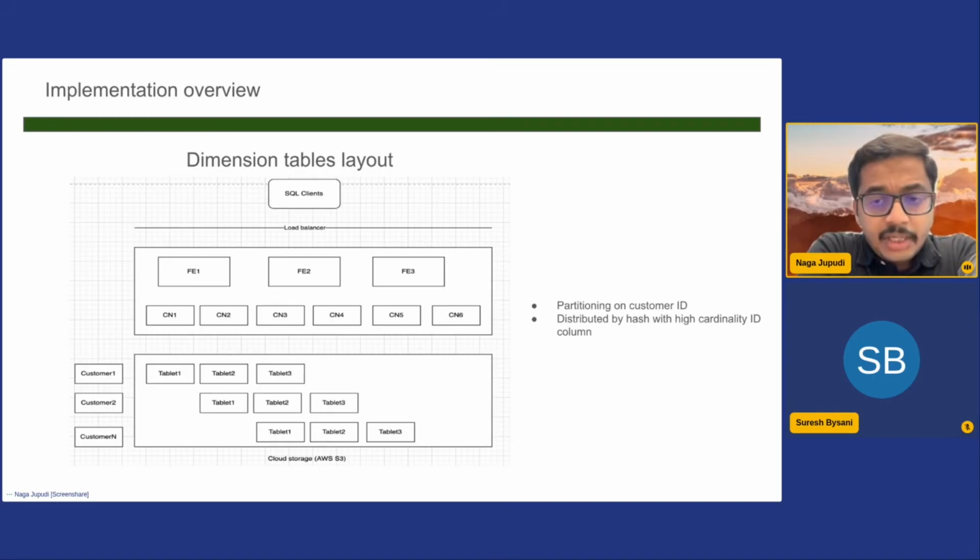Because we can scale both the FEs and the CN nodes, or the compute nodes, horizontally, at least for the dimension tables we started partitioning all our tables by customer ID, right? Where we were also able to define the specific number of buckets, saying that for every single partition, just create 3 buckets or 4 buckets, because StarRocks internally maintains a tablet to compute node mapping.